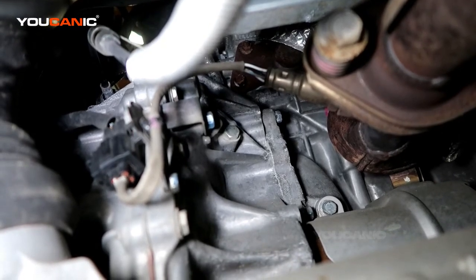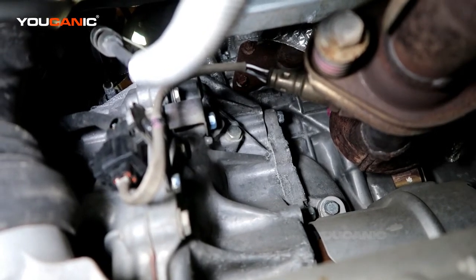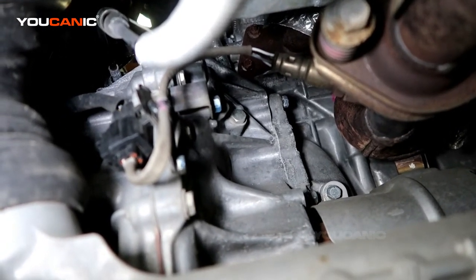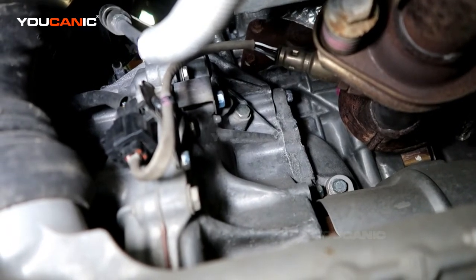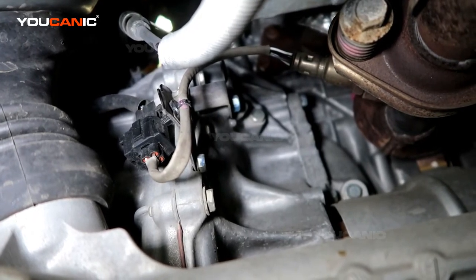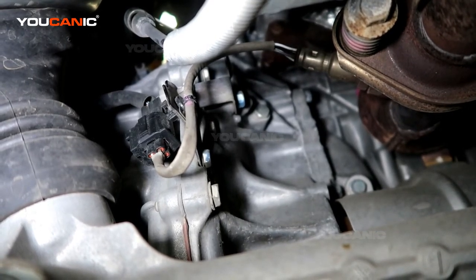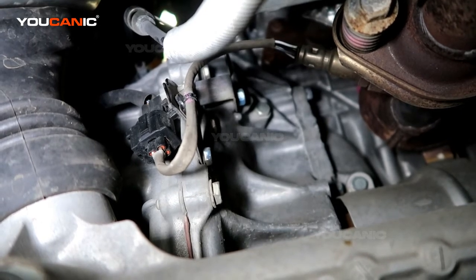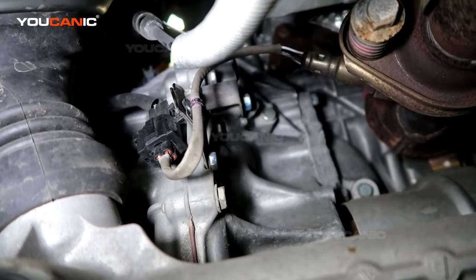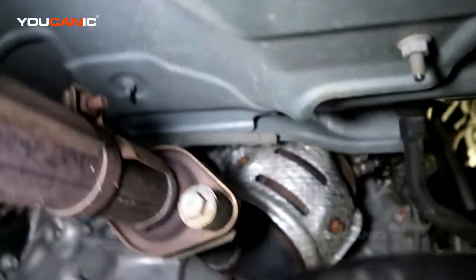A lot of times the back O2 sensors will go bad and wear out over time, and you'll get a check engine light that will come on and say there's a bad reading between the O2 sensors. And what happens is this is your catalytic converter, and the catalytic converter has an afterburner type thing that is to clean up the exhaust. Well, if those are going bad, then it tells your engine the wrong things, and so you burn more fuel. So you'd like to replace those sooner than later if that's what's going on. And if you replace those, you can have fewer problems, and you won't potentially have to replace your catalytic converter as soon. So that's that back one, and then the front one is up here,